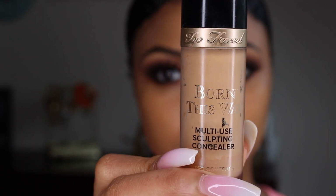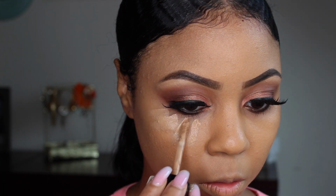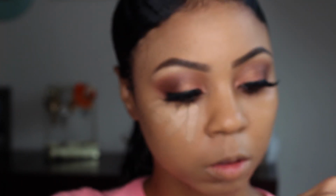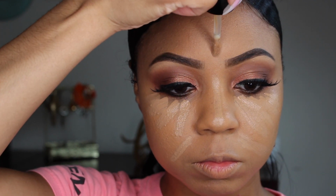Next, using my Too Faced Born This Way sculpting concealer, I take that and apply it under my eyes, working it down sort of in like an upside down triangle. And then one strip down the nose, a little bit on the forehead,